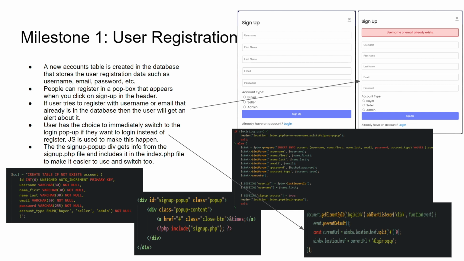The sign up pop-up gets info from the sign up PHP file. I basically got the data using the include tag, which is available in PHP. That just makes it easier than creating a new page just for the logins. So you can see